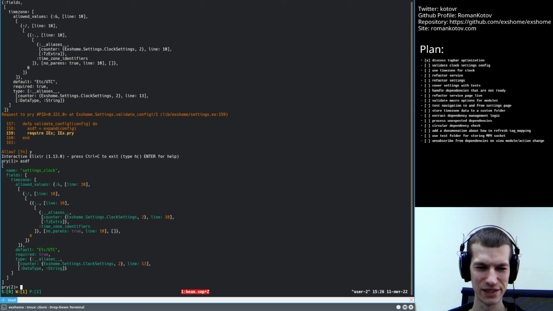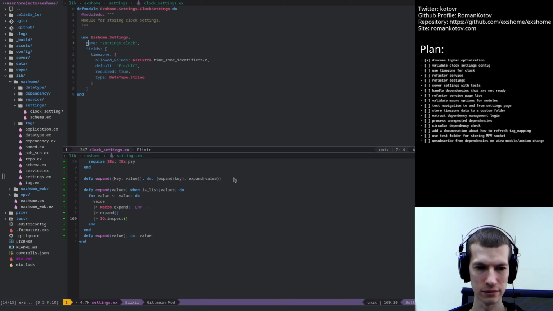Okay, it didn't change a little bit. Okay, if we have a tuple, we try to expand the key and expand the value and return the tuple again. We receive a list, then